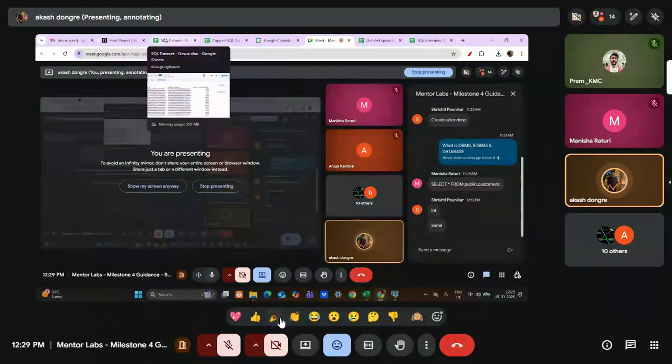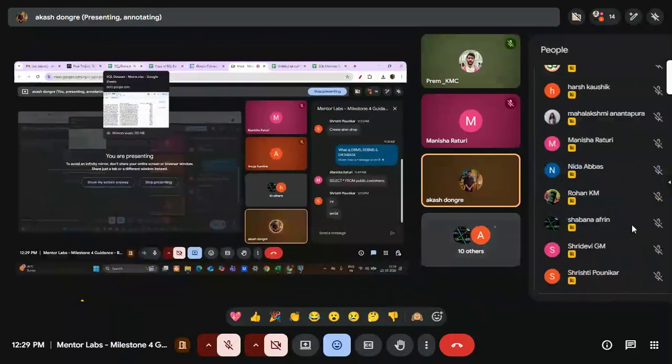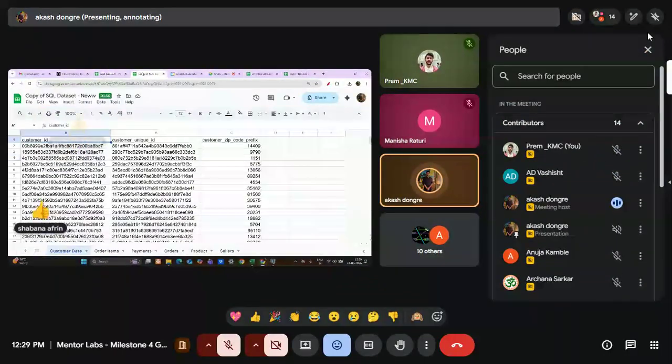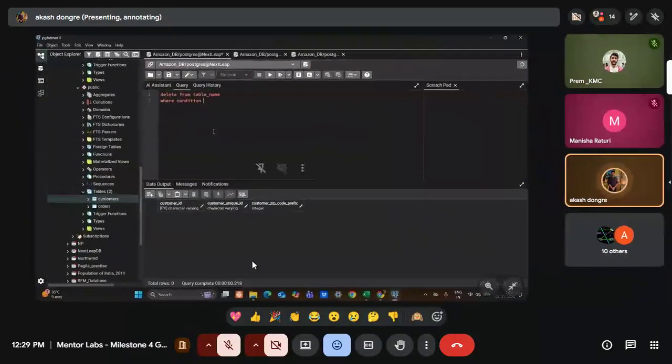Alter, delete, truncate, drop, these things. Likewise, you are going to create a table. I already explained how to create a table; just go and check the syntax also. You can use direct create table, whatever the table name we have, and you need to put all the data types inside this syntax, right? If I have seller ID, I will use varchar, right? If I have state, it must be varchar. If I have state code,